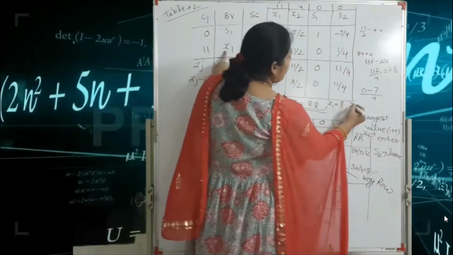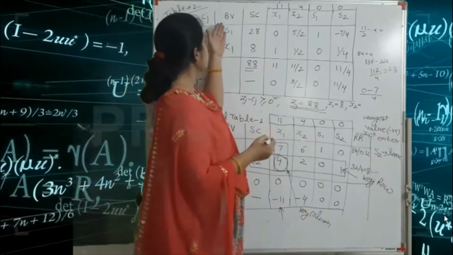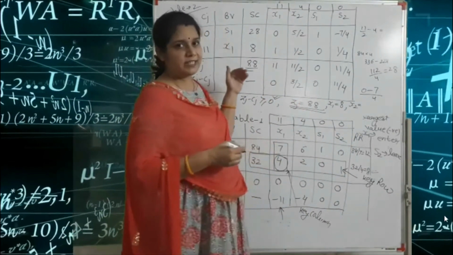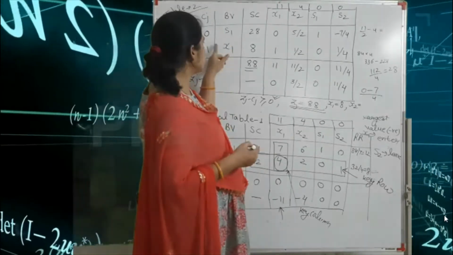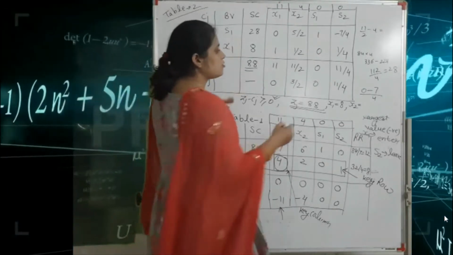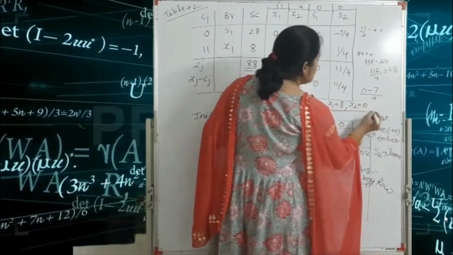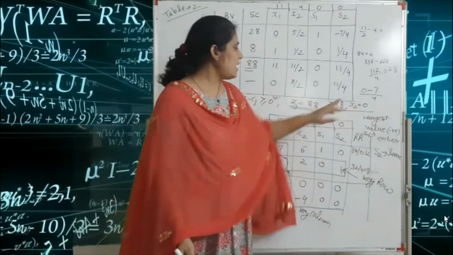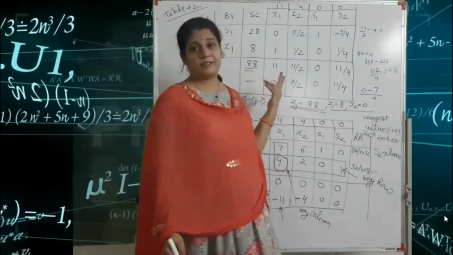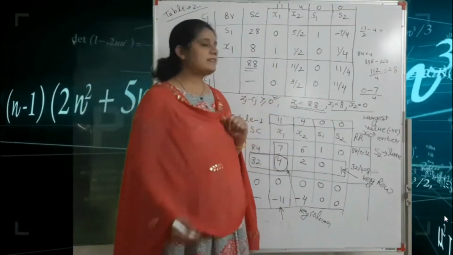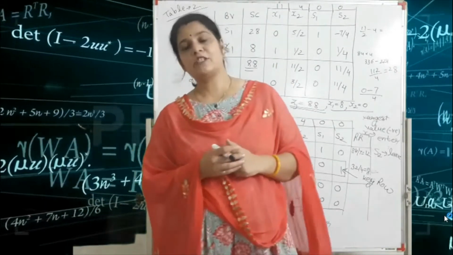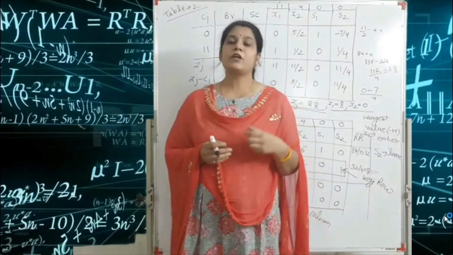Got it? And x2 is equal to what? So here there are only the s1 and x1 variables. So the x2 variable is not here, so consider x2 is equal to 0. Okay, so you put these two values in your maximize Z in your question. So you get the maximum Z is equal to 88. So this is the example of the simplex method.